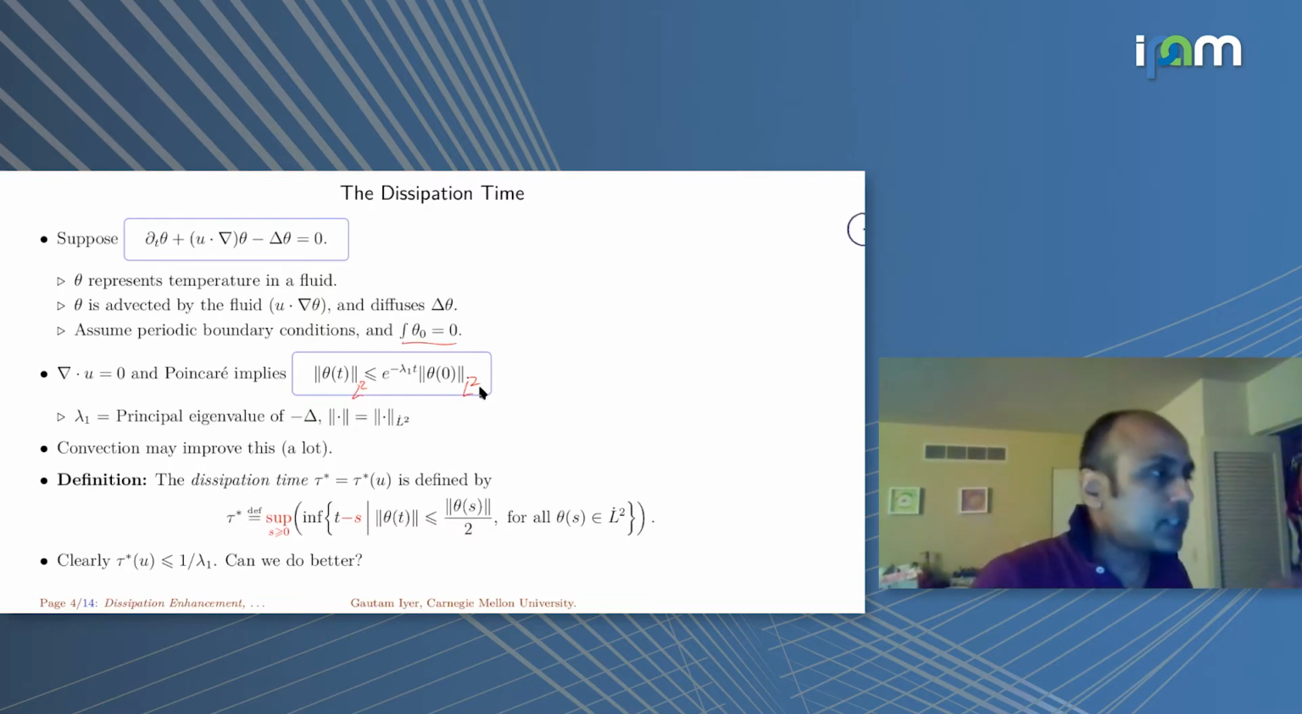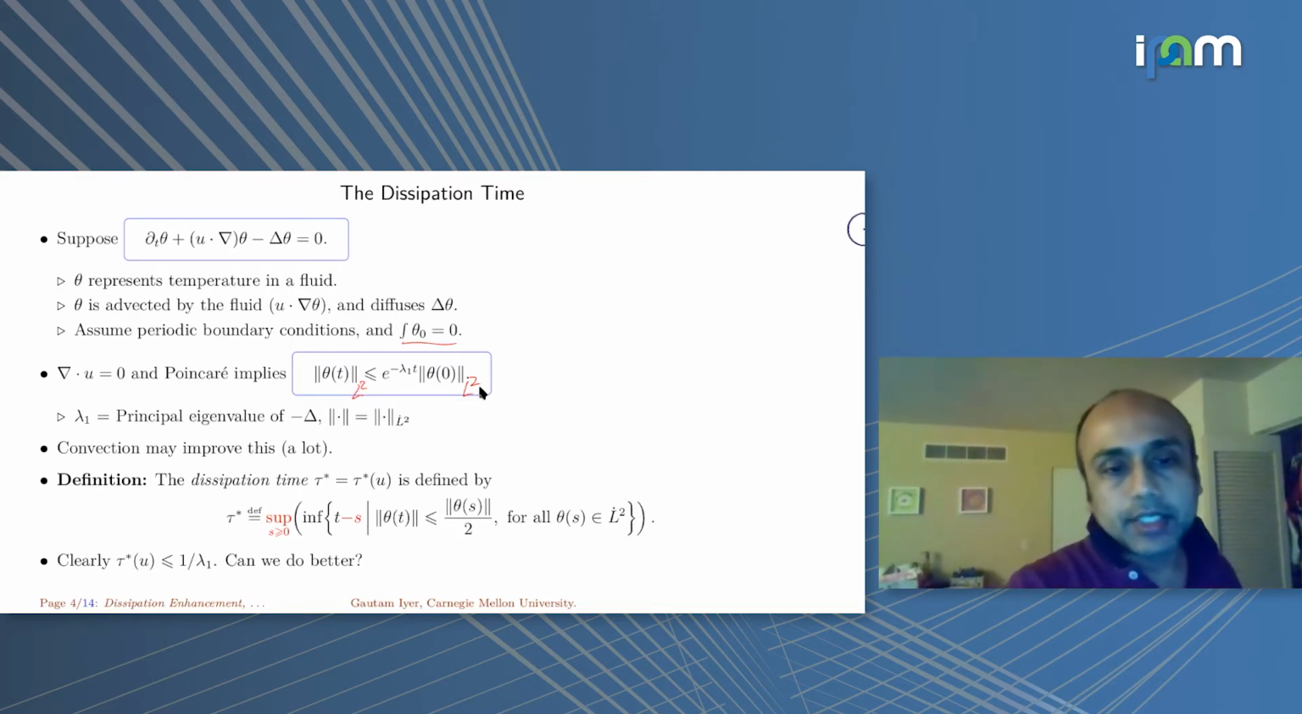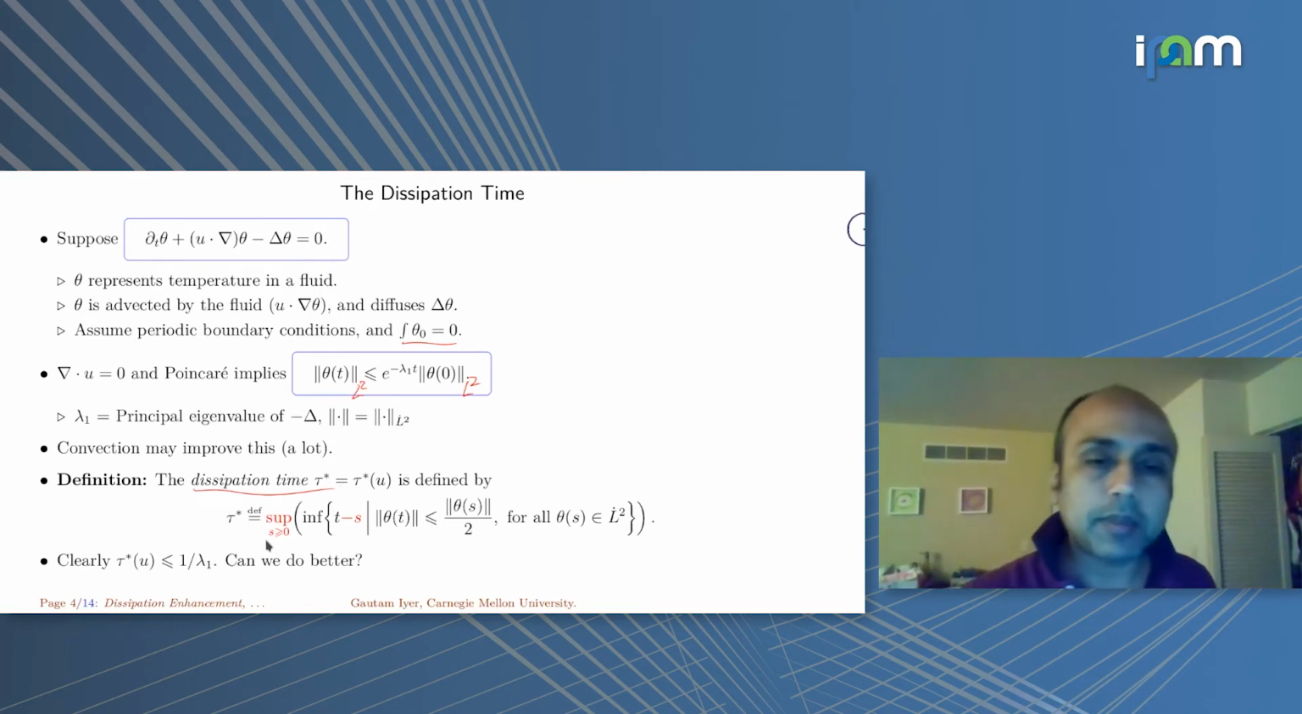Convection may improve this a lot. Because what does convection do? It moves energy to higher frequencies, and in higher frequencies, the Laplacian works better. So let me define this dissipation time, tau star, to be the smallest amount of time you need to wait so that you've lost half your initial L2 energy. These are both L2 norms,